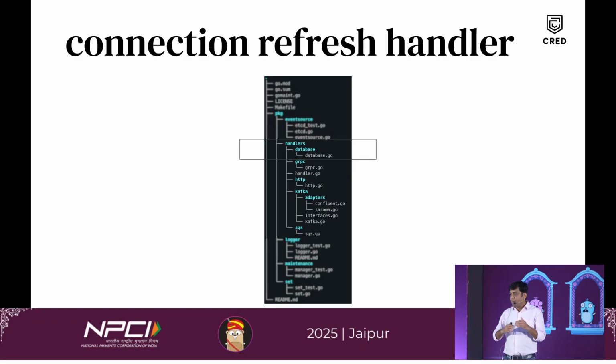Then it updates the current connection configurations to minimum values. For example, it sets the number of idle connections to 0, the maximum open connections to 1, and the lifetime of the connection to a very low value. So this forces very aggressive connection refreshes without restarting the container, and it waits for existing connections to be drained.